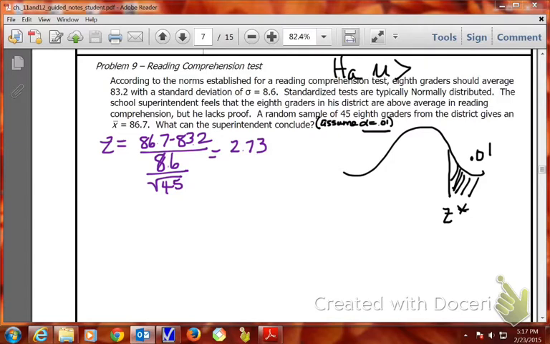One is I know that everything to the left then would be 99%. And so I can go look in the table and see what area corresponds, what the z value is for an area of 0.99. Or option B is if I want to use table T or table B and use